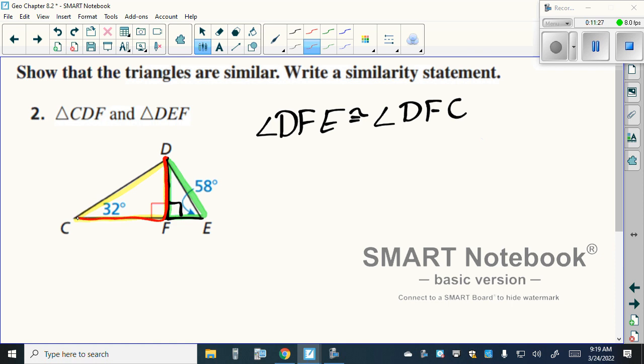Because again, when we name an angle with 3 letters, we're essentially tracing the angle out. And the letter in the middle will be the vertex. So for this here, the vertex is F. So we do have one angle that is congruent in both. Now we need to find another one. Well, we can figure out what this angle is here, because these 3 angles add up to be